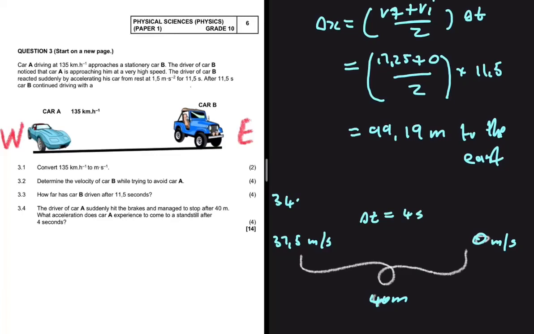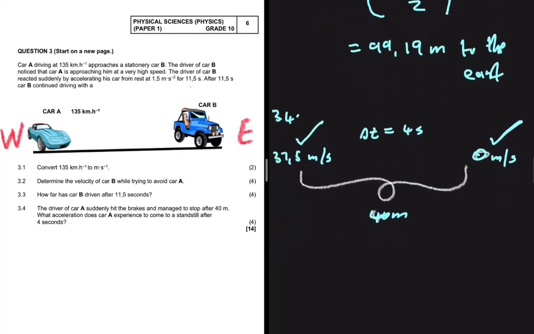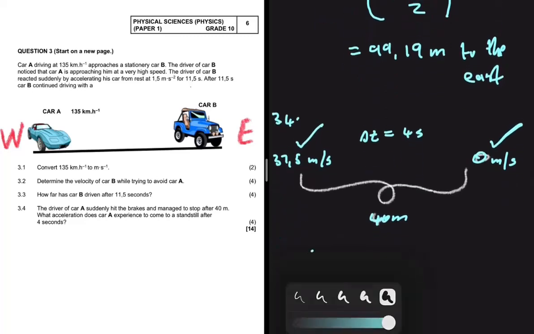There is no way that the car can start with a velocity of 37.5, have a velocity of 0 meters per second 4 seconds later, and have covered a distance of 40 meters in 4 seconds. That is why, if you use different formulas, you're going to get different answers, because you can say that VF